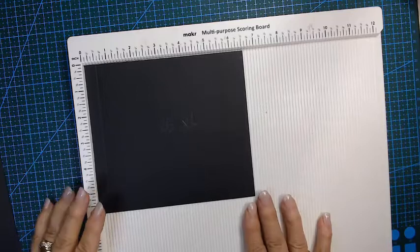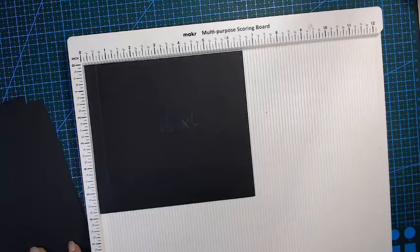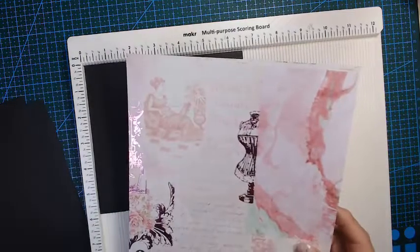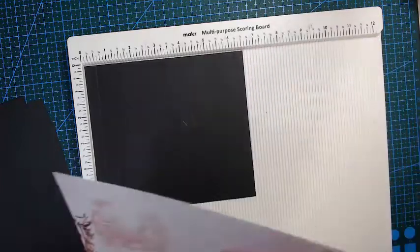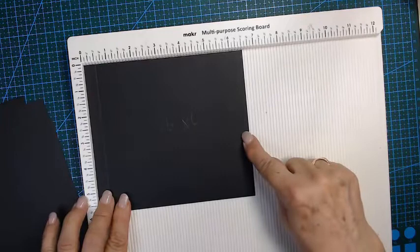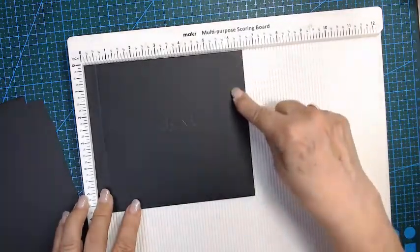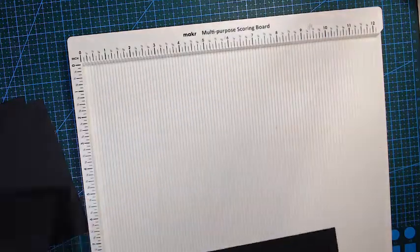The last page, we are going to make a waterfall. I've got my pattern paper ready, 7.5 by 7.5, and we're doing the waterfall 6.5, and we score it at the half, and this way is 6. We will have 4 of them